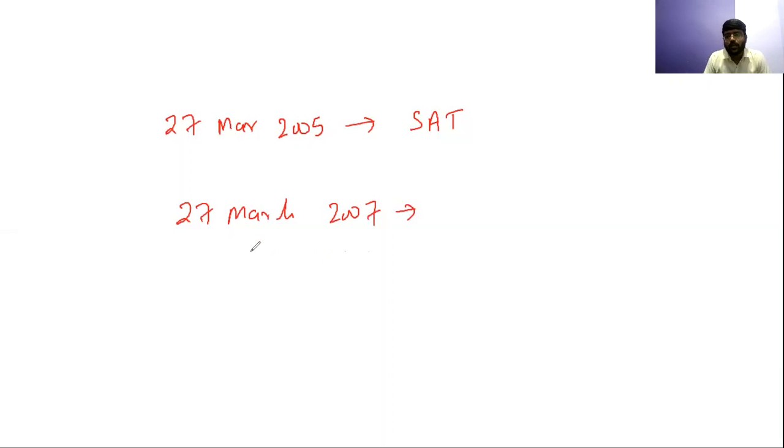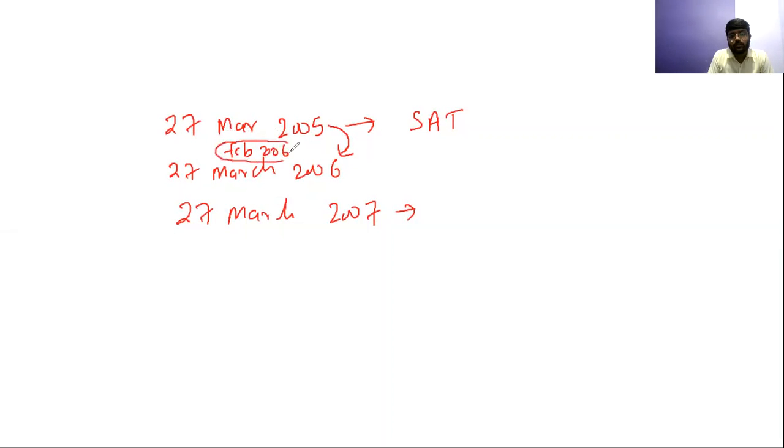See, it's very simple again. You need to just check which year February you have been crossing. So from 5 to 7 you are going, and somewhere between you will be coming to the 27th March 2006. From 5 to 6 you will come, then 6 to 7 you will come, and in this way you will get the answer. When you are coming from 5 to 6, you need to say which year February you will be crossing. Here, when you are traveling from 27th March 2005 to 27th March 2006, you will be crossing the Feb of 2006.